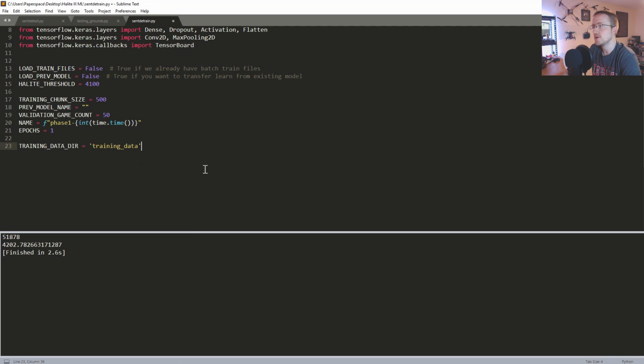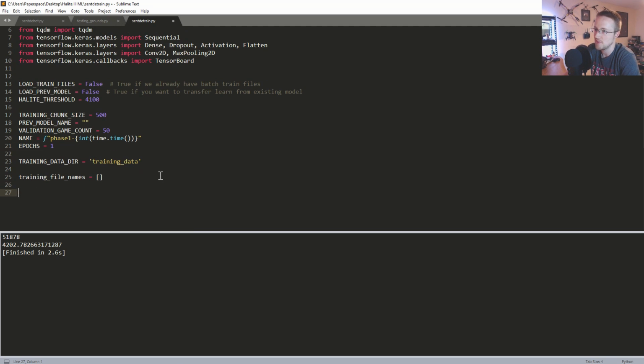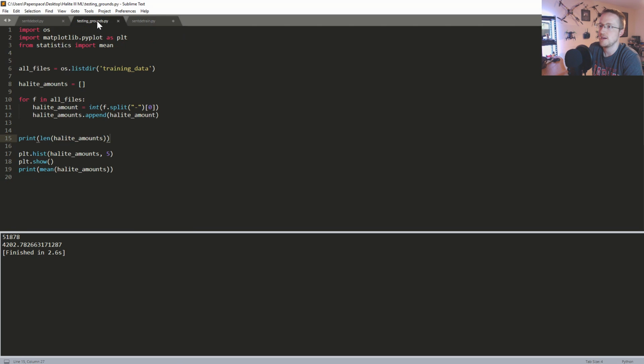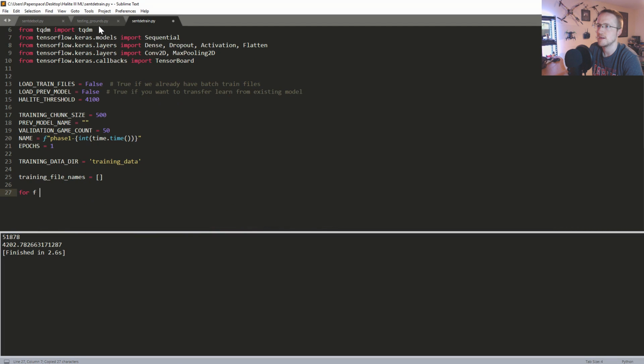and basically we first need to get all of the files. So training file names, and for now that'll be an empty list. Oh wait, we've already got OS. That's not where you want to import it. For f, and actually let's just, oh, was it in here? For f in os.listdir, so I don't really want to copy that exact thing. So let's do for f in os.listdir